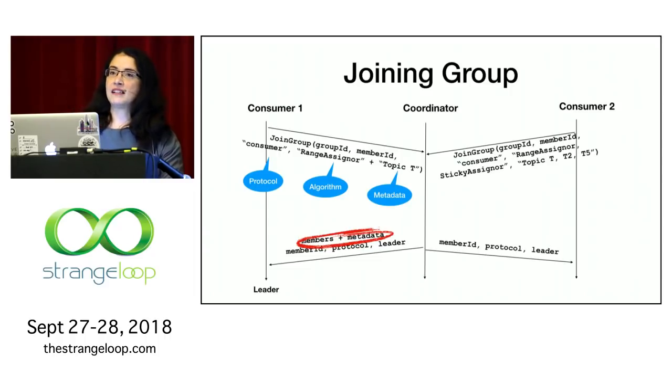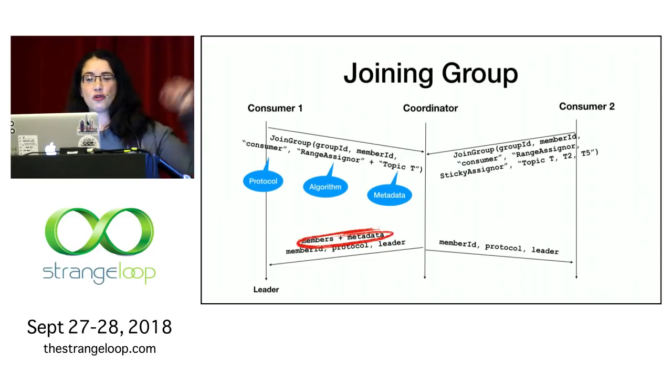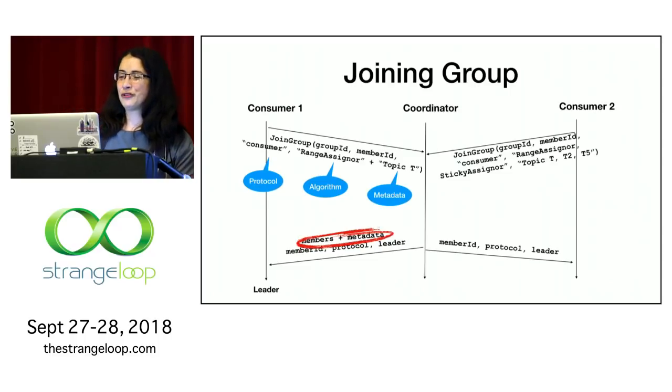The basic metadata that members of the consumer protocol have to support is what kind of topics and partitions I'm interested in. So hey, I'm a member of the group X, and I want to read topic T. And range assignment is my favorite assignment algorithm. And everyone sends the same information. And the coordinator takes this information and responds to,